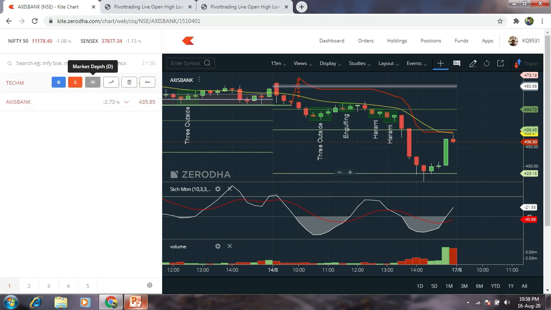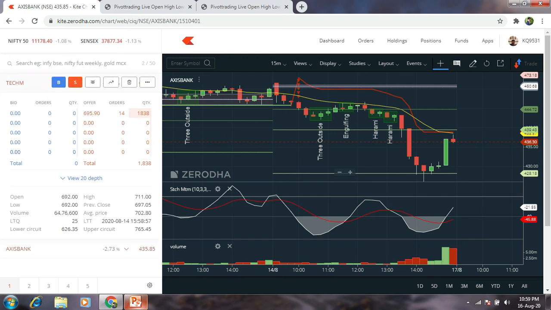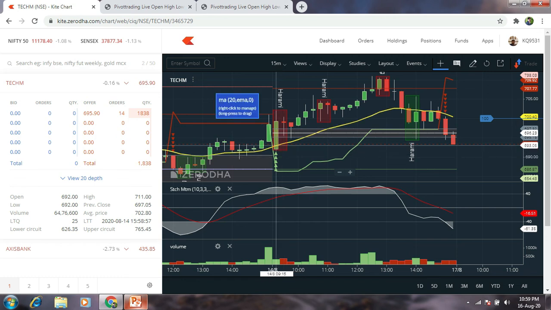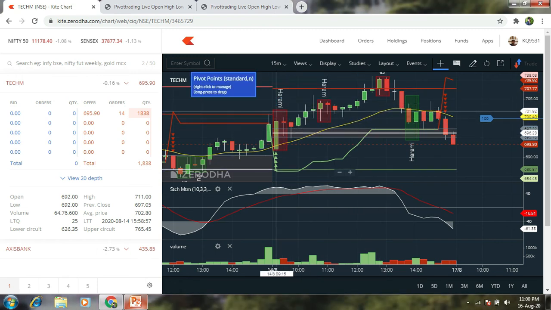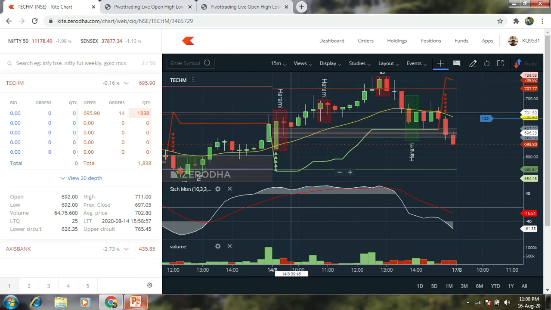Okay, similarly in open is equal to low, when the market opens, you can see here the buyers are coming to existence and they are pushing the price upside. That's why the open price is equal to low price. So in this situation, we are considering that the buying pressure is high, and once it breaks out the 15 minutes candle, then the market will go upside according to our concept. That's why you are taking the position somewhere here. Okay,